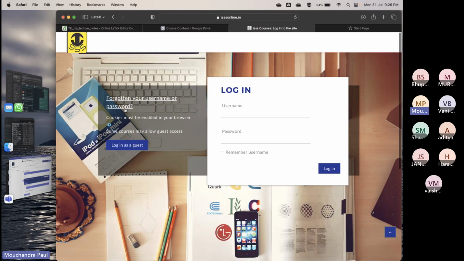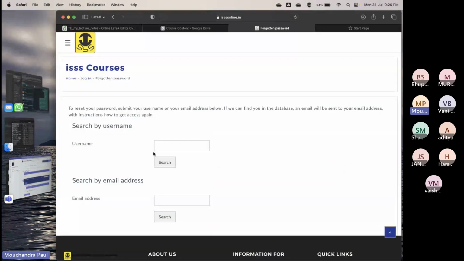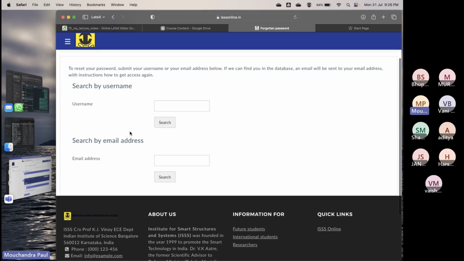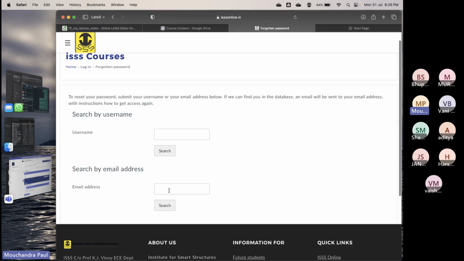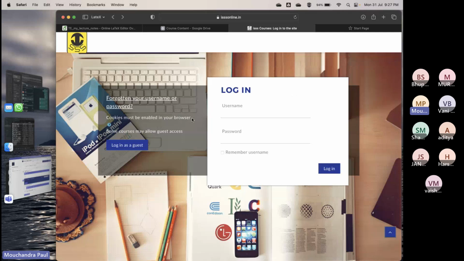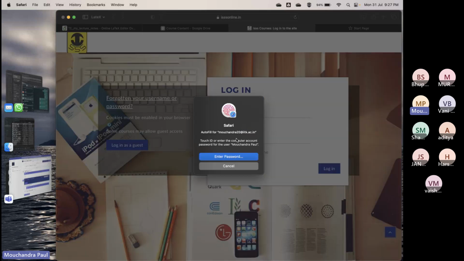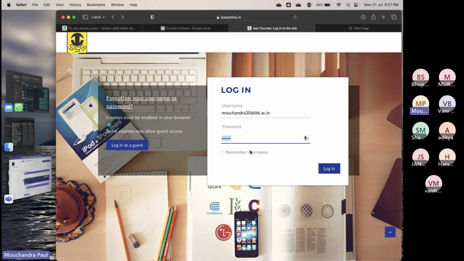So I saw that many of you don't have the username or don't know the password. You can actually change your username. Your email ID is already registered in the portal, so you can search for your username through the email ID at least, and you will get an instruction on how to reset your password. So you can do that. Okay, you can reset your password. I have a password, so through that I will log in. Okay,